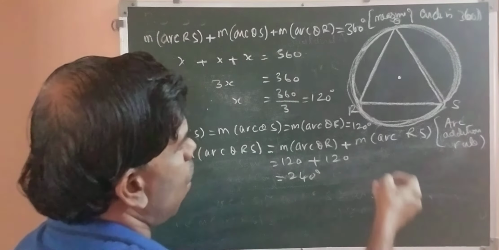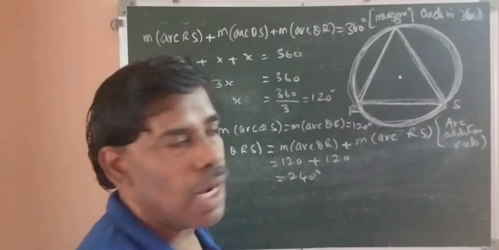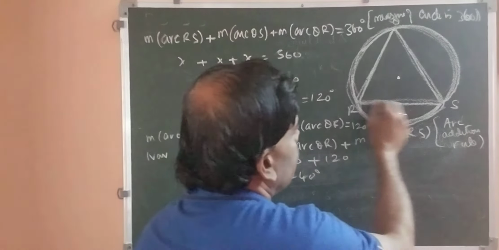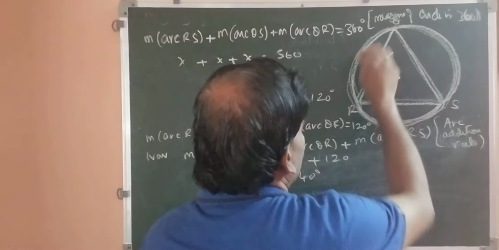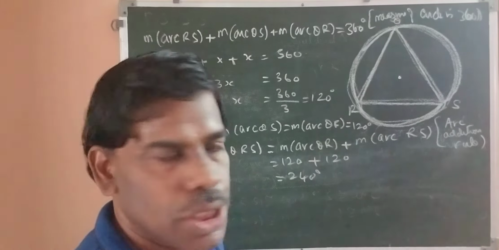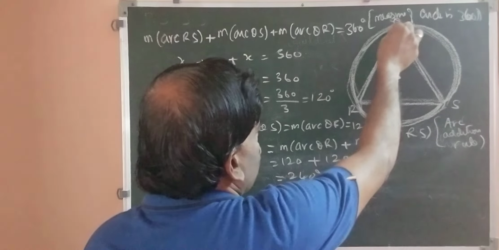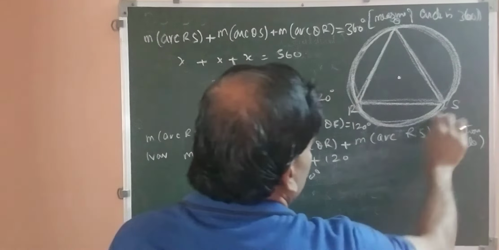I think you understood. Now, see what happened. I'll explain. This is an equilateral triangle. Therefore, the three sides are equal. That means these are congruent chords. Therefore, as per rule, these three arcs are congruent. That means 120 degrees each. Okay. Now, they wanted the measure of arc QRS. That means measure of arc QR plus measure of arc RS by using arc addition rule. So, 120 plus 120, 240. That's all. Now, one more sum is there that we will do.